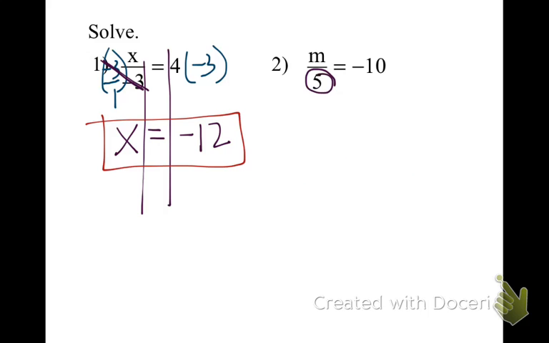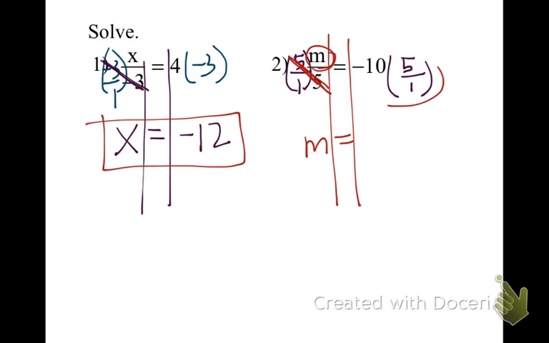Well, if I have a 5 in the denominator, if I multiply this by 5, technically I can put a 1 underneath it. I have to do the same to this side. Whoops, it's supposed to be a 5. Put a 1 underneath it. If I look, my 5's can cross cancel. What am I left with? Just my m. So I have my m